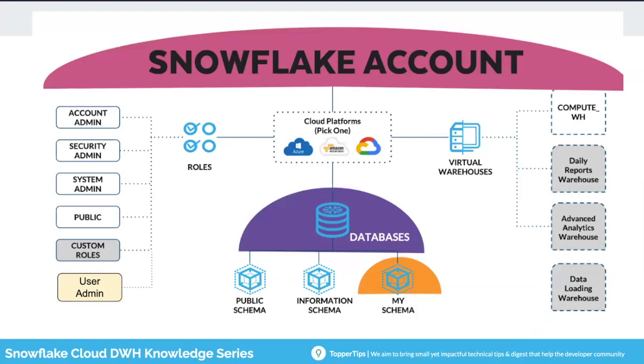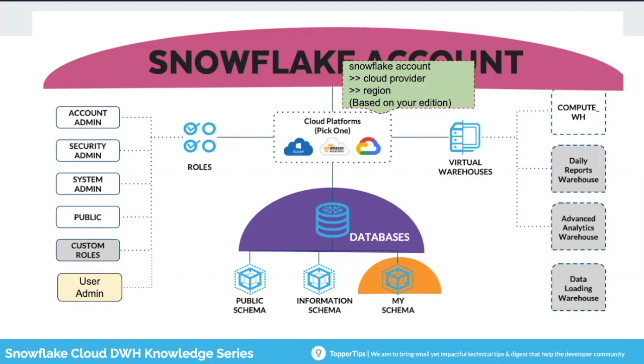Now, what happens when you create a Snowflake account? Let's try to understand from this simple picture. The moment you try to create a Snowflake account, you need to choose two things. The first is the cloud provider, it could be Azure or AWS or GCP. You also have to choose a region. Not every cloud provider supports all the regions, but the list is growing. And once you have selected the cloud provider and the region, then only you can choose the edition, because not all the editions are applicable across all the regions. So this is how the path follows.